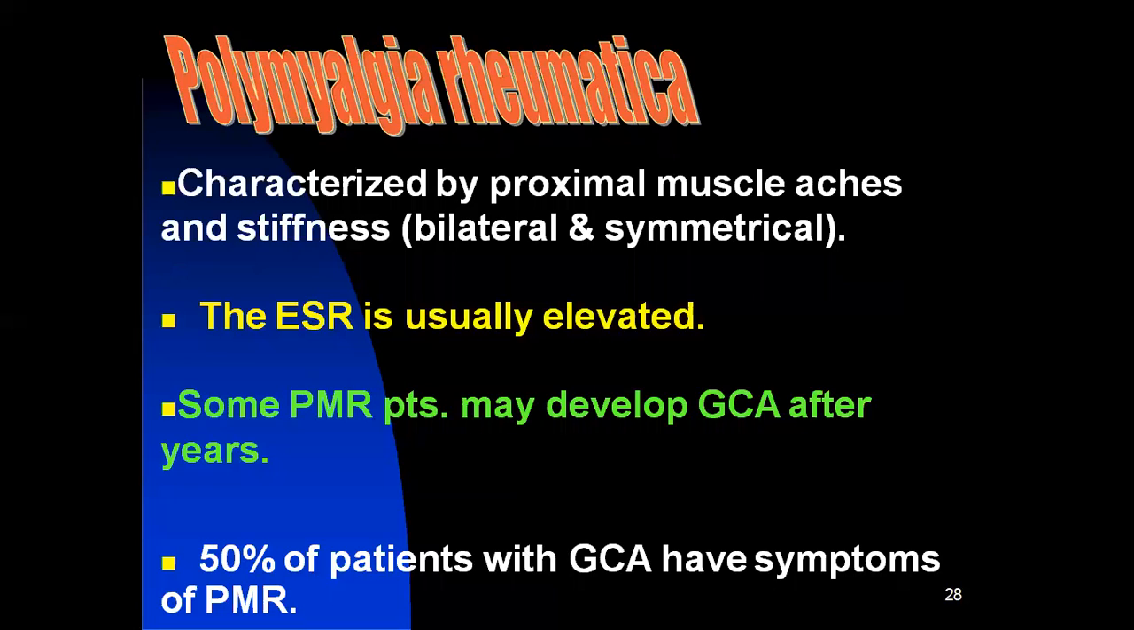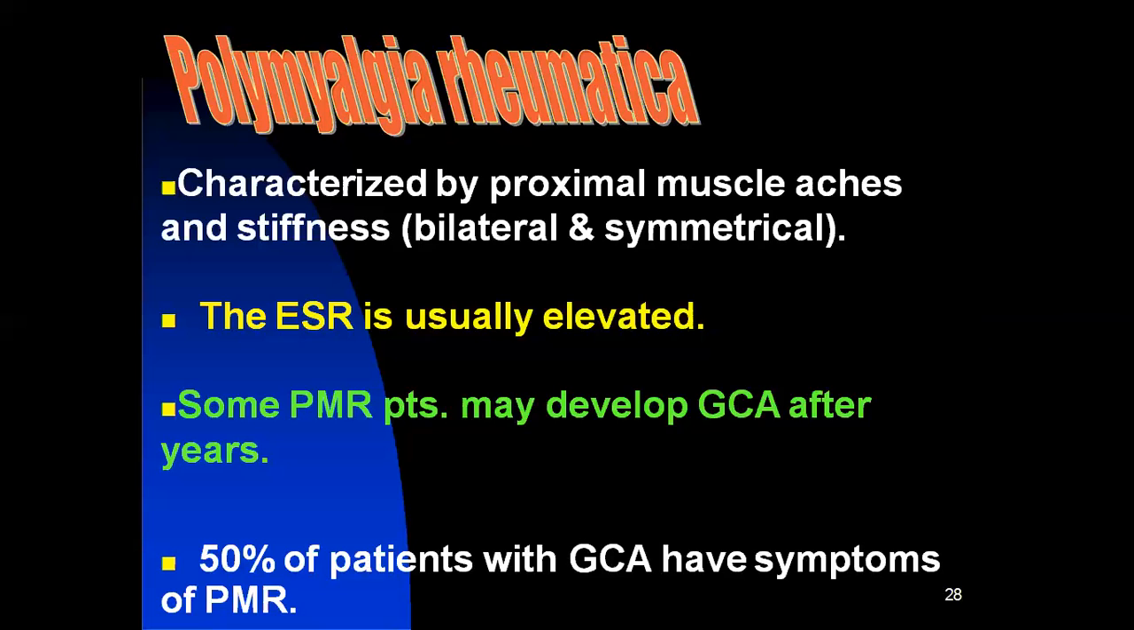And we have PMR also, that is polymyalgia rheumatica. It is characterized by proximal muscle aches. As we have discussed, we have myalgia associated with giant cell arteritis. So it will have bilateral and symmetrical stiffness in various parts of the body. As both sides of the body will be involved, the one which is getting affected on either side will have the same on the other side also. The ESR is usually elevated, and